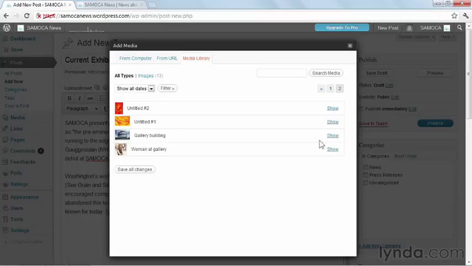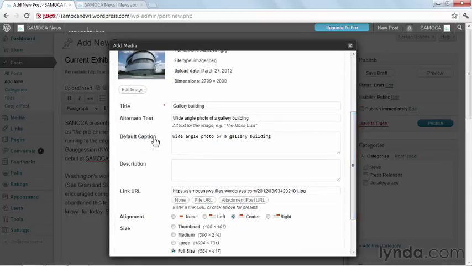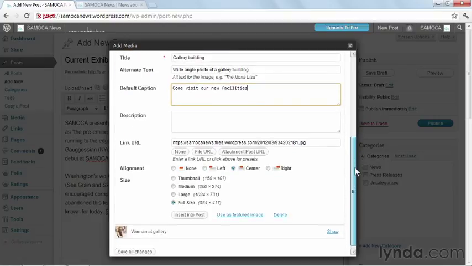It's this one, the gallery building. I'll click Show to get all the information about it, and make sure that the caption is what I want. It's not, so I'm going to change the caption for this page only. So I'll change the caption to "Come visit our new facilities." I'll scroll down and do the same thing I've done before. I'll take the link away. I'll find the right size that I want to use, in this case the full size, and I'll click Use